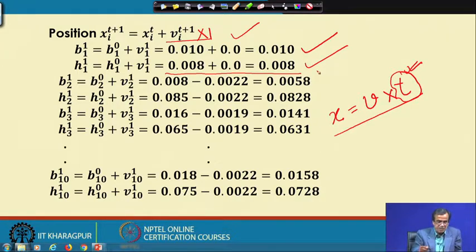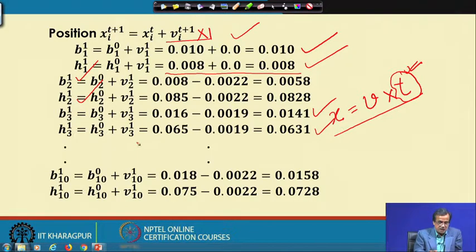Now, following the same principle, I can find out B 2 with respect to 1 and H 2 with respect to 1. That means, in terms of B and H, these two design variables of the second particle in the next iteration. Similarly, for the third particle, I can find out the updated values of the design variables, that is B 3 with respect to 1, H 3 with respect to 1,